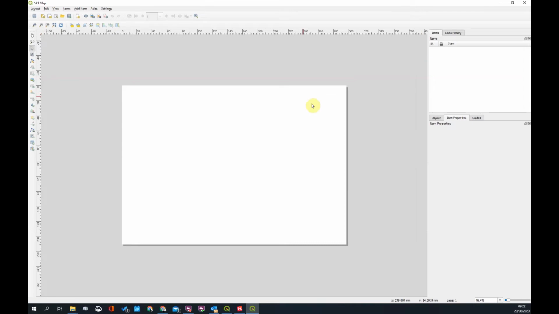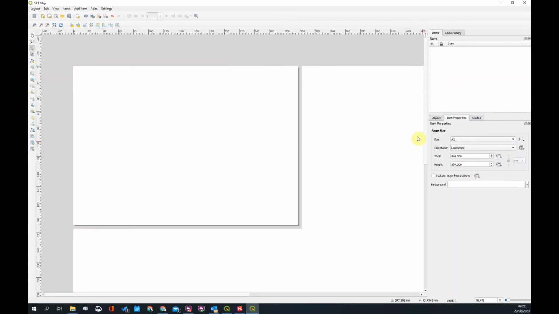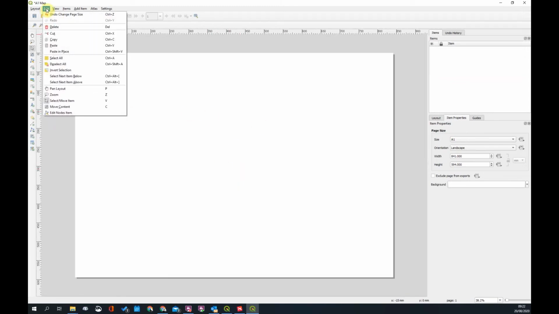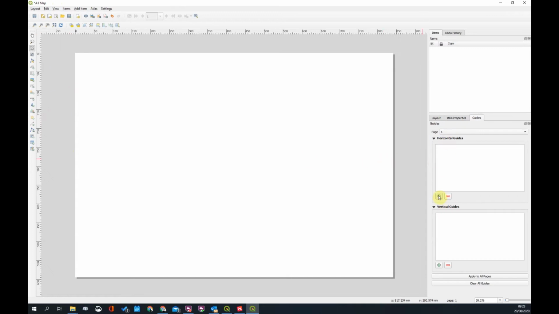Okay, so the first thing you need to do is right click in the view and go to page properties, and you need to change your page properties to an A1 sheet, landscape. You can introduce guides as well if you'd like. It's preferable that you do use some guides. So if you go to manage guides, here you're going to add a couple of guides, vertical and horizontal. So the first one will be 10 mil off. The next one, the horizontal guide, will be 594, and that's you minus the,